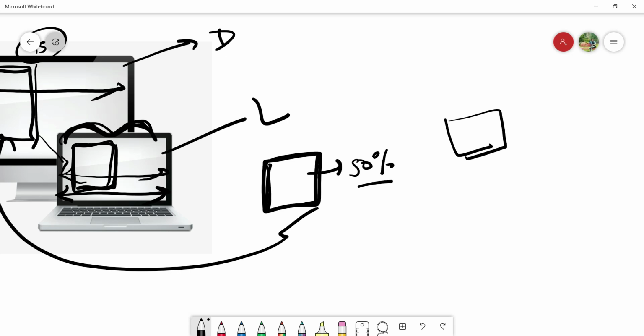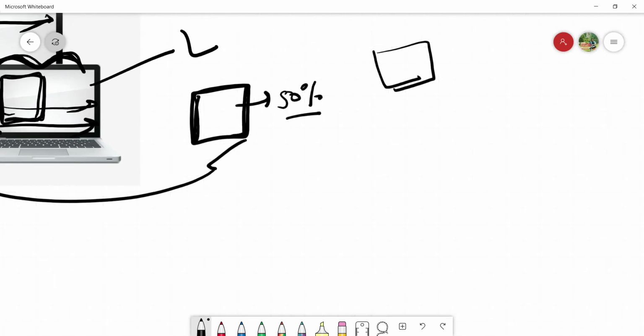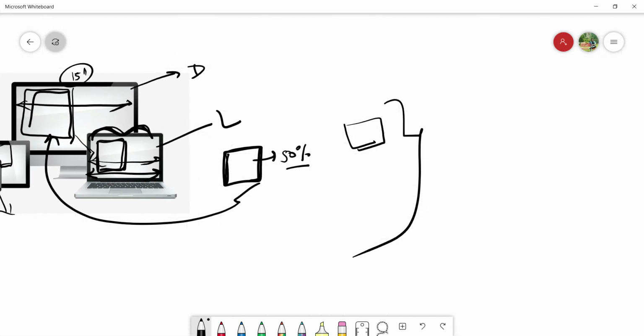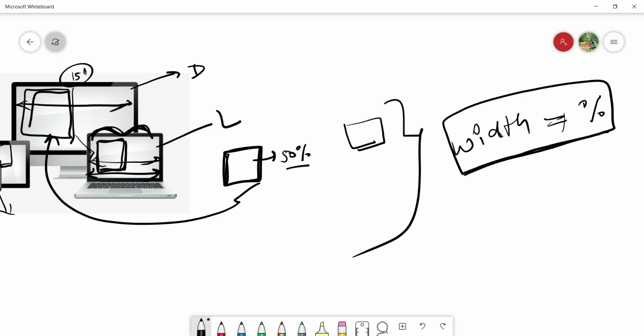So the main point of discussing this topic is that we have to use percentage for width in CSS every time.